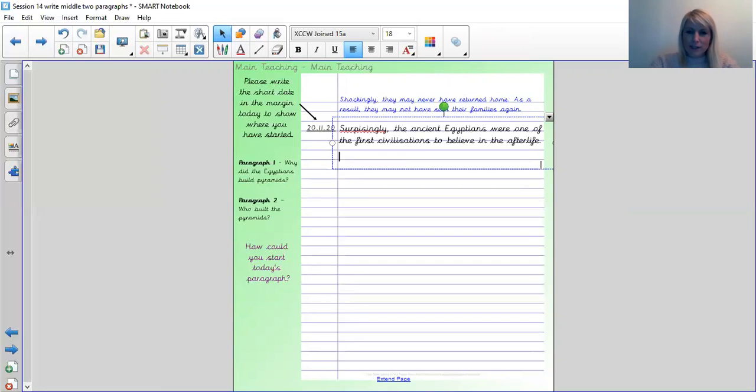I think then I'm going to write something, I might actually magpie from our model text here, because I think it's important we mention what they believe happens when a person dies, because that kind of explains why they needed tombs for the bodies. So I think I'm going to start with a pronoun here, and rather than keep saying ancient Egyptians, I'm just going to say they. So I'm going to say they believed that when a person died,